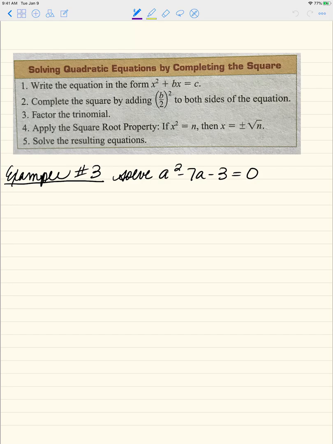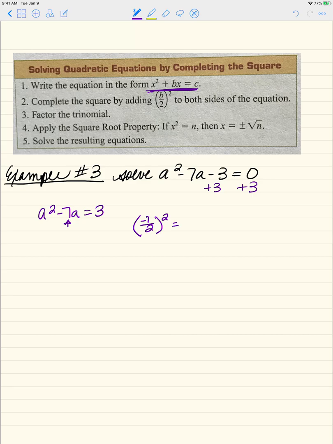So example number 3, solve a squared minus 7a minus 3 is equal to 0. Our first step in this case is to write the equation in this form, which means I have to add 3 to both sides. That gives me a squared minus 7a is equal to 3. What's b? B is negative 7. Negative 7 over 2 squared. Okay, negative 7 over 2 squared